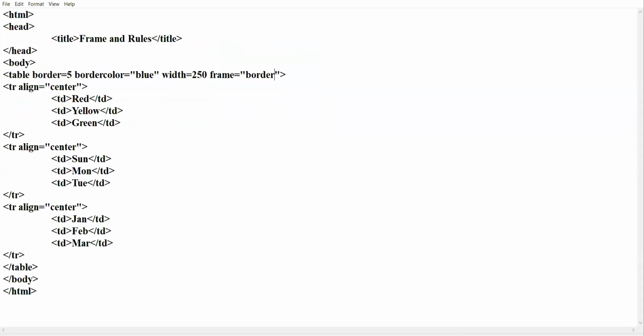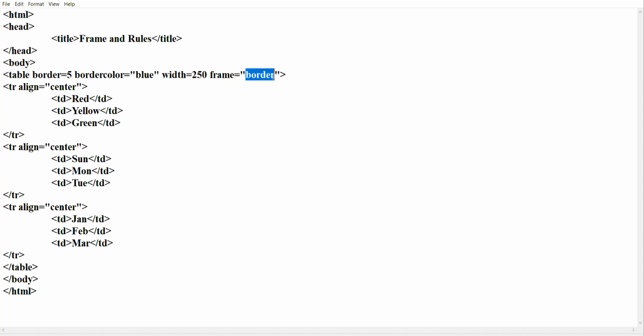And remember one thing, whenever you are using the frame attribute, it is compulsory to specify the border attribute also of the table. Frame and rules attributes are used along with the border attribute.